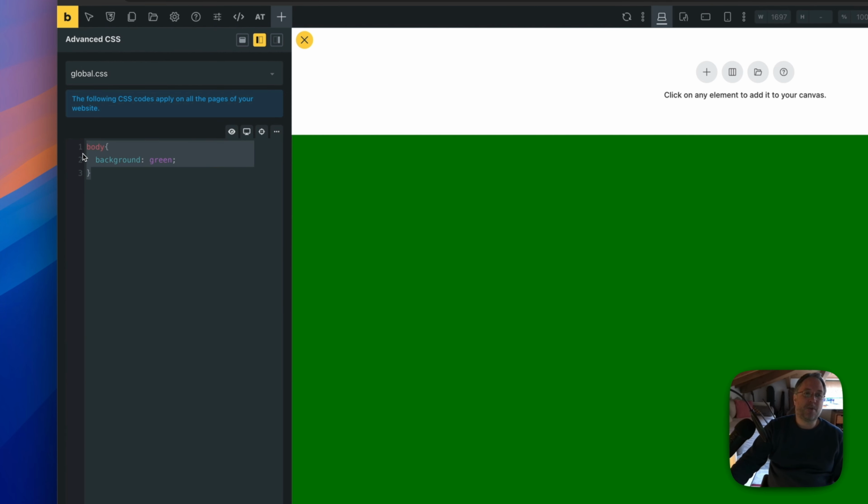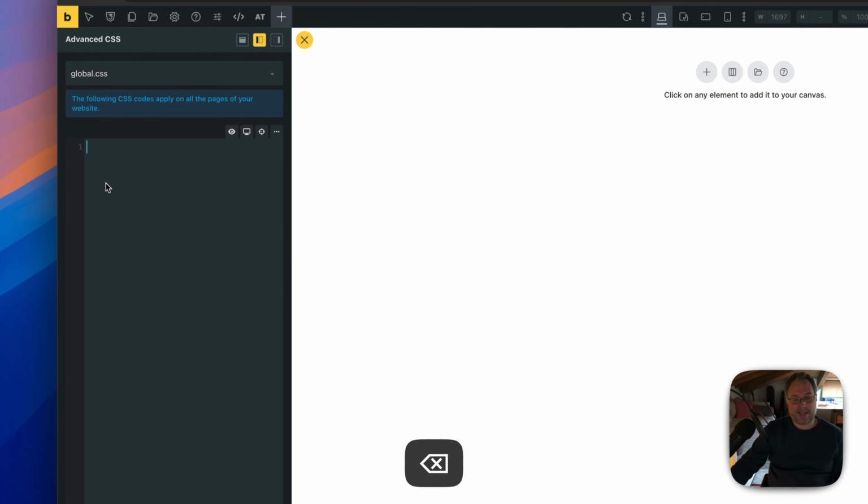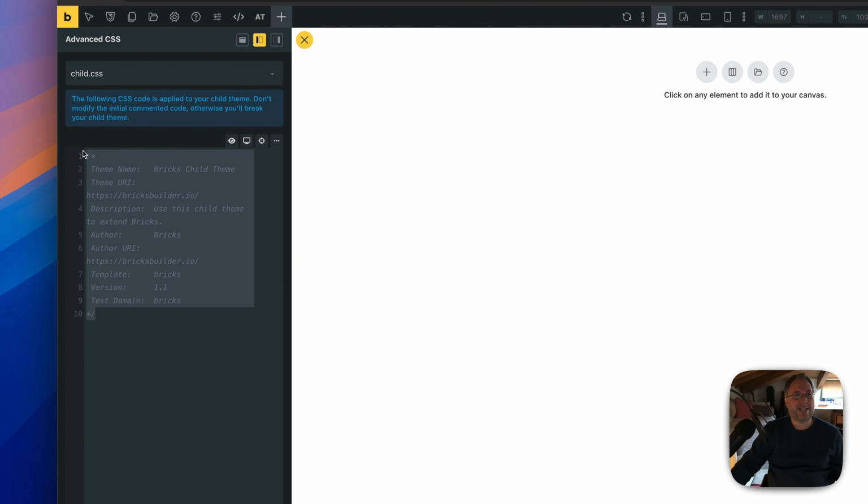Okay? A new thing is you can now edit your child theme CSS inside the builder. So let's just select child theme. And so you see in the child theme there is commented data. It's really important you don't touch this information, because if you delete the commented data, your child theme will be broken. Okay, and this applies also without using it inside the builder. So I expect you already know this, so you don't have to touch anything from the commented area, and just apply your